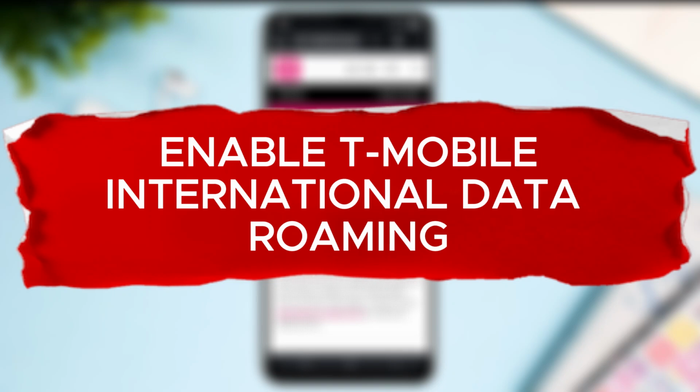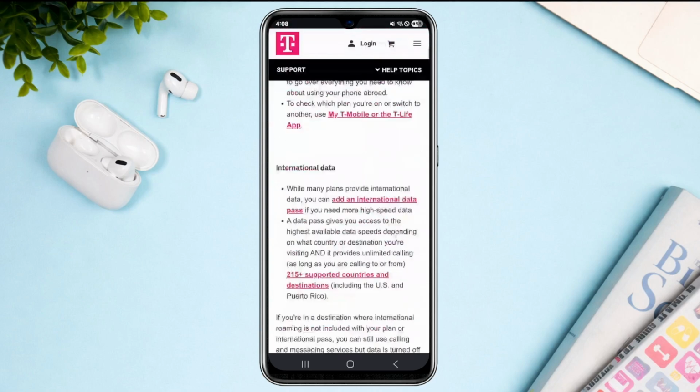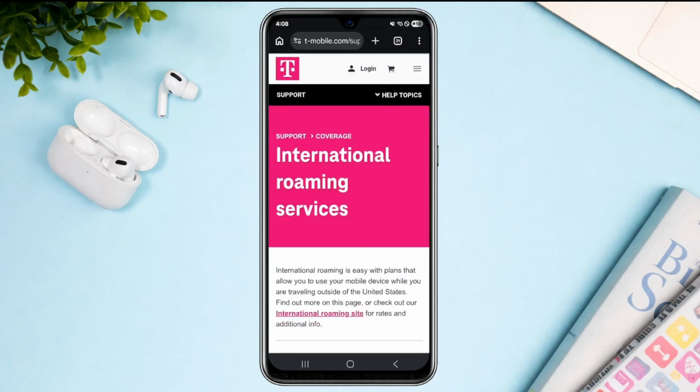How to enable T-Mobile international data roaming. Now in this quick video, I'm going to show you how you can turn on or enable your international roaming service from T-Mobile. So first things first, you're going to make sure that your mobile device or your mobile phone